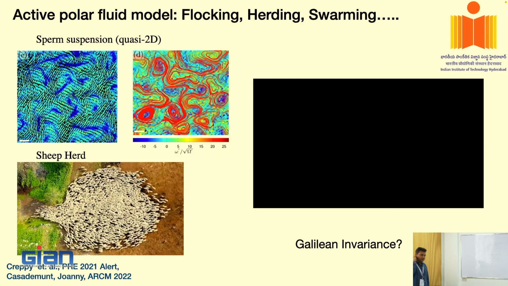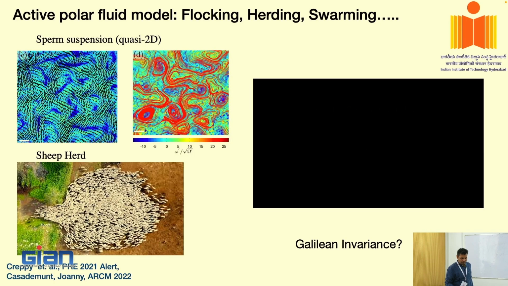Okay, we have covered the Navier-Stokes equation. How many of you know about Galilean invariance? Yeah, okay, you know. So basically, if you take the system and put it in a frame of reference that is moving with a constant speed, your dynamics should not get affected, right? That's what Galilean invariance says. Now, if you do this for these systems, you will see that the system starts to break the symmetry immediately. So the dynamics will not be the same. If you take these birds or these sheep and add a constant speed to them, you will realize the dynamics is not going to be the same.